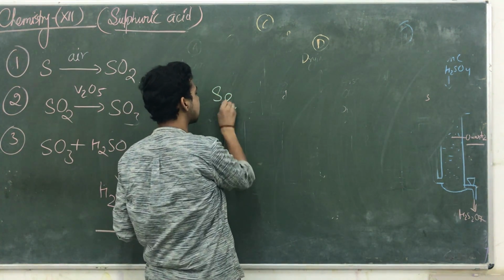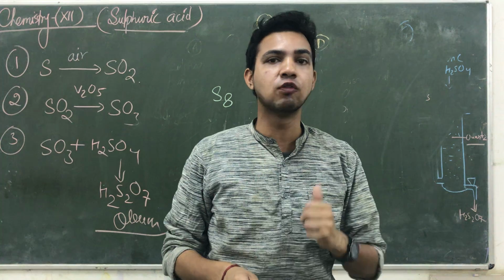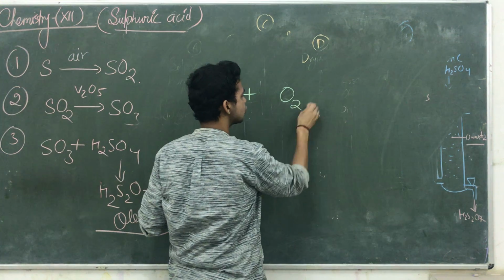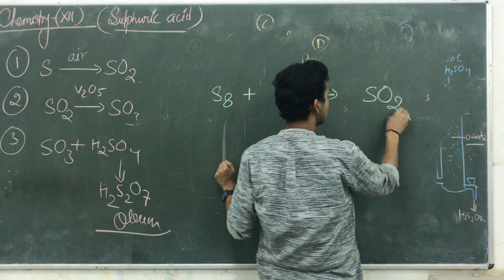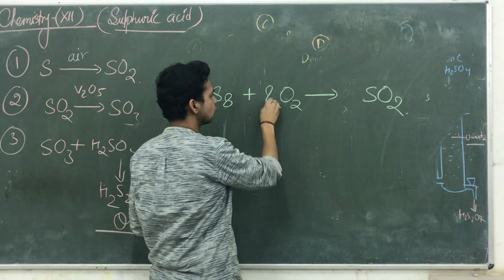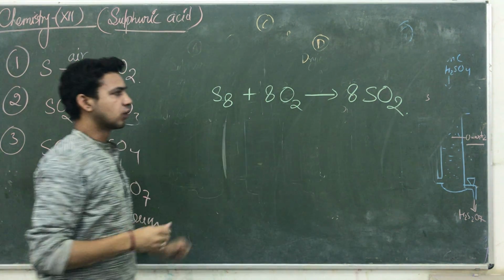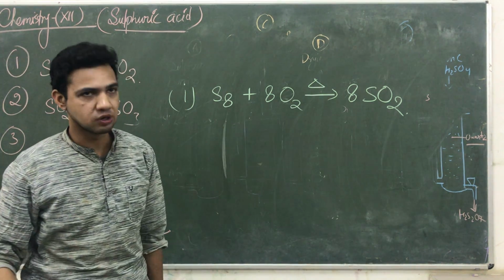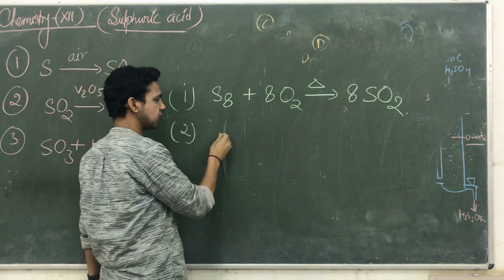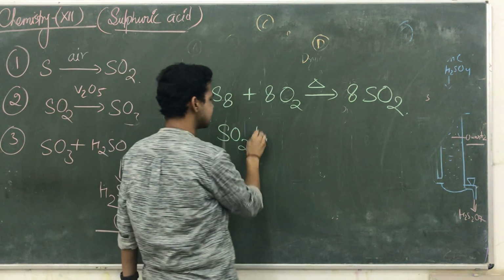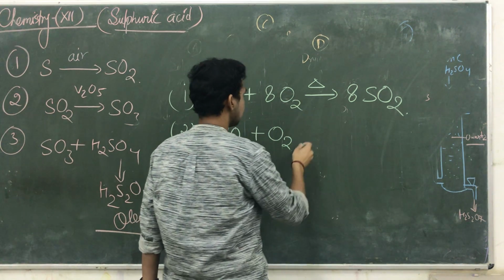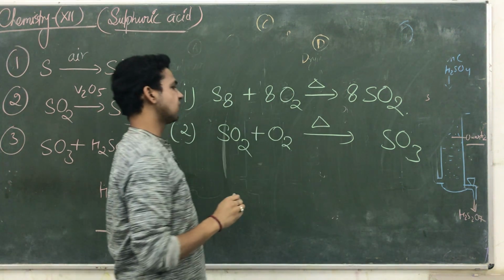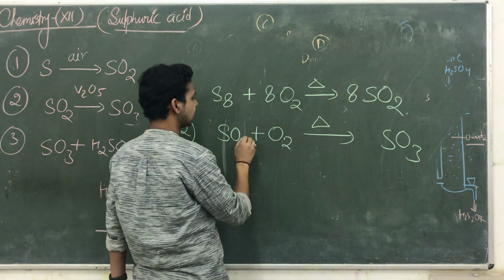आपको पहले भी पढ़ा दिया है कि S मत लिखिएगा क्योंकि सल्फर S फॉर्म में नहीं मिलता, वो S8 फॉर्म में मिलता है जब इसकी प्रॉपर्टीज आपको स्टडी कराएगी. It reacts with O2 and generally gives you SO2. So in the first step, the S8 is burned or heated and converted into sulfur dioxide. And then in the second step, the sulfur dioxide again reacts with oxygen and is converted into sulfur trioxide.